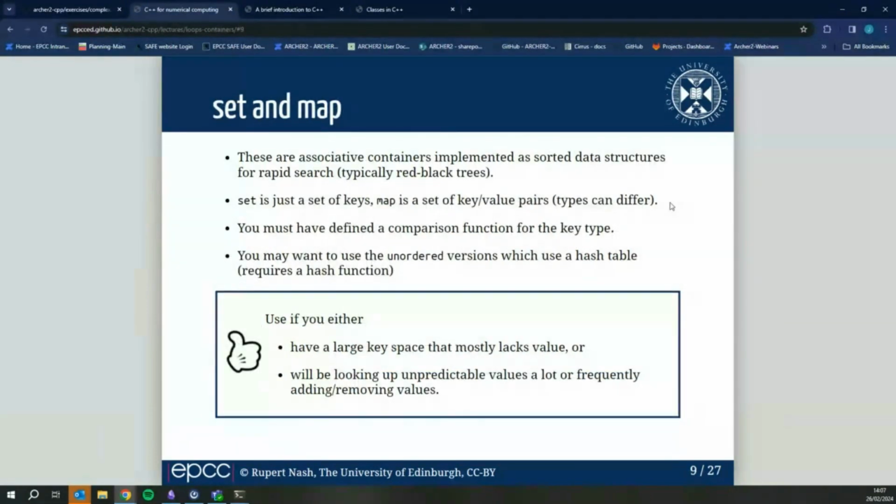That's lists. We also have sets and map. Okay, these are associative containers implemented as data structures for rapid searching. So you have some form of tree structure inside. They're quite useful there. So a set is just a set of keys. A map is a set of key value pairs. The types of the key and the value can differ. You must have a defined comparison function for the key, so you can